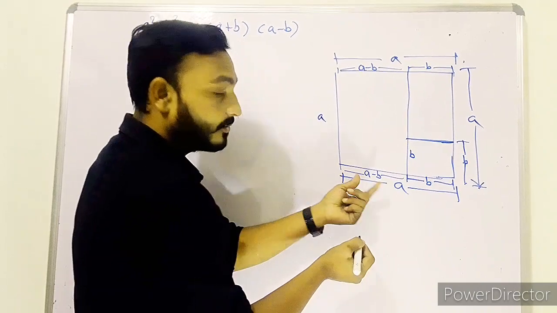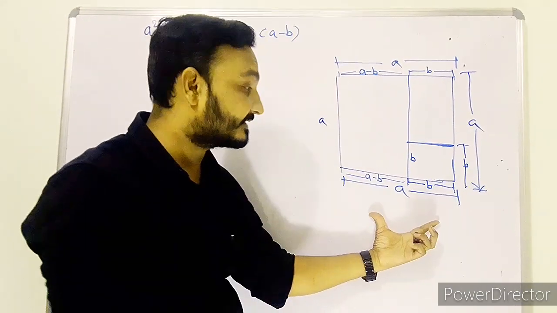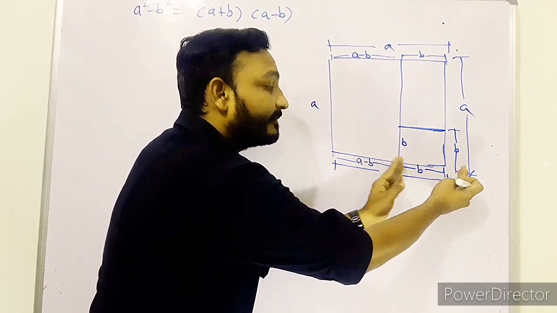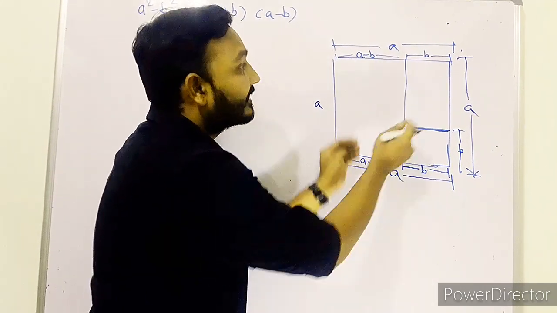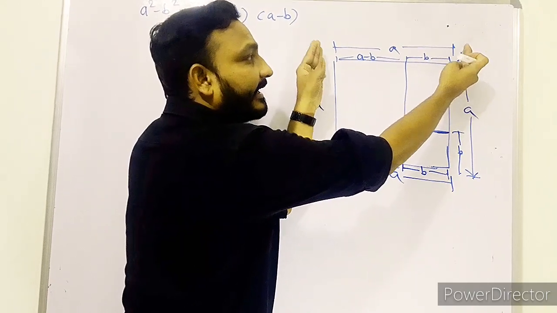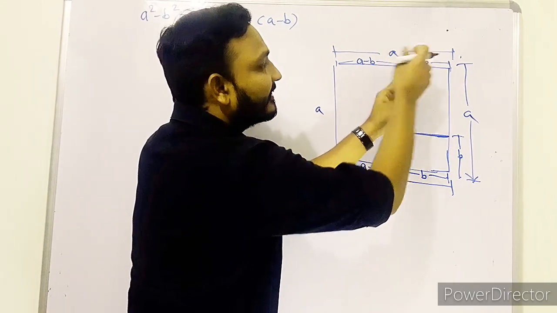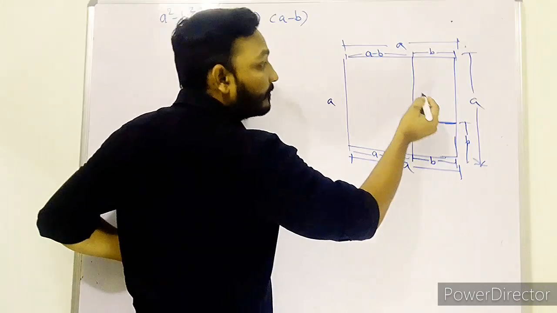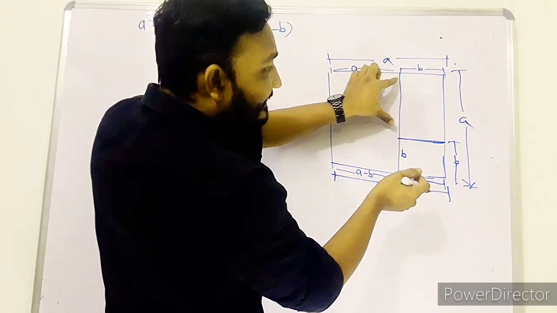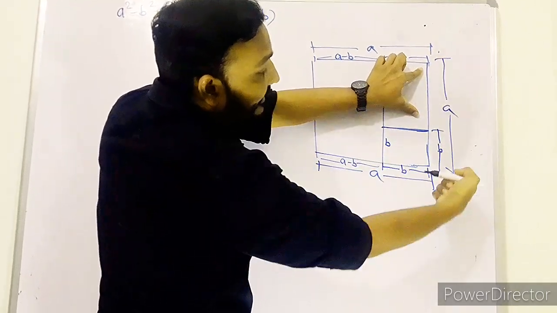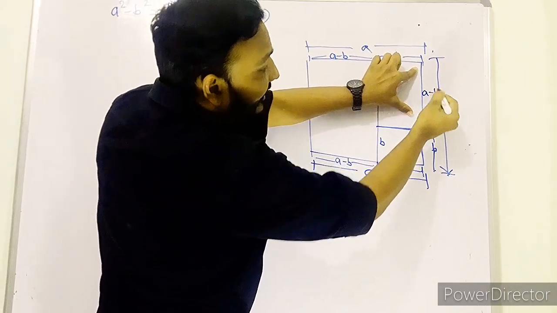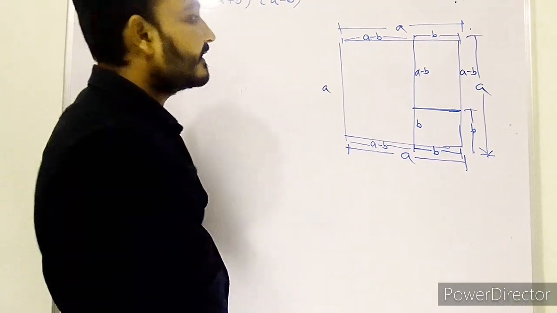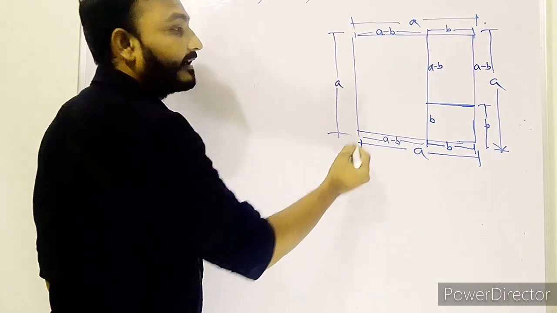A minus B. Look, very important concept is this. ये अक्खा कितना है? A. उसमें से B चला गया तो बचा कौन? A minus B. Okay. Now tell me, ये कंप्लीट कितना है? A, और ये कितना बच गया? A minus B. यानी ये लेंथ कितनी हो गई? A minus B. तो अब हमारे पास पूरा का पूरा डेटा है.